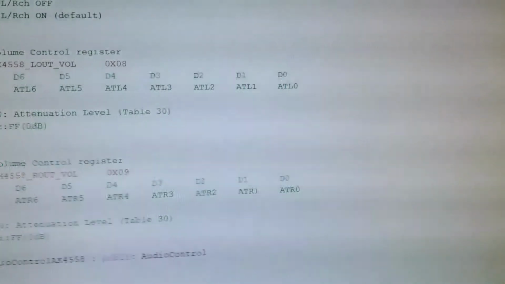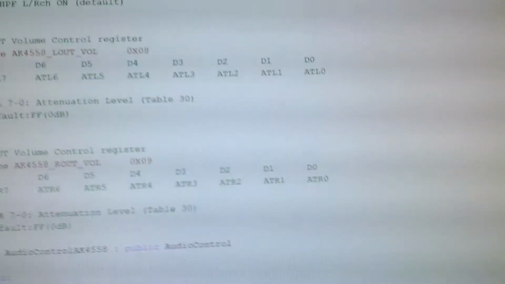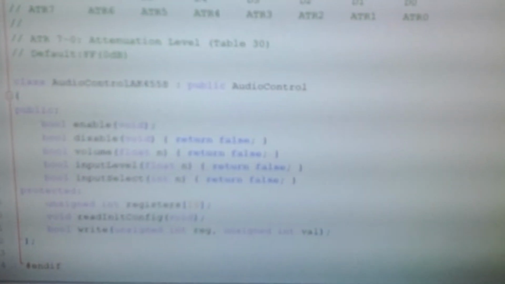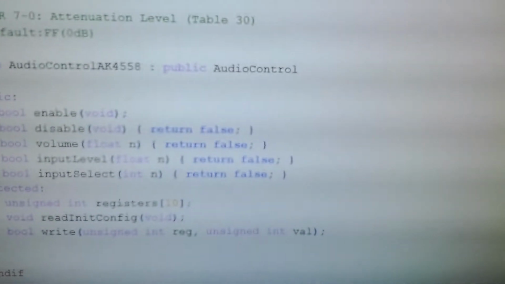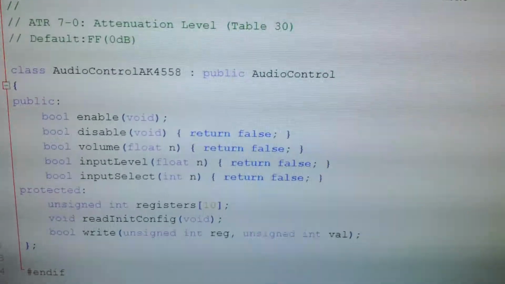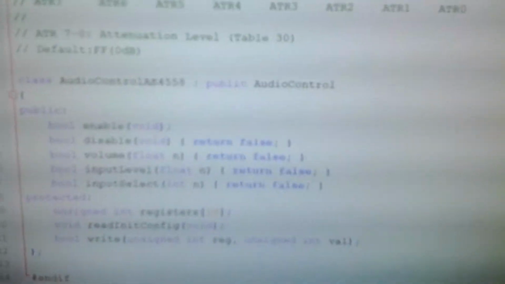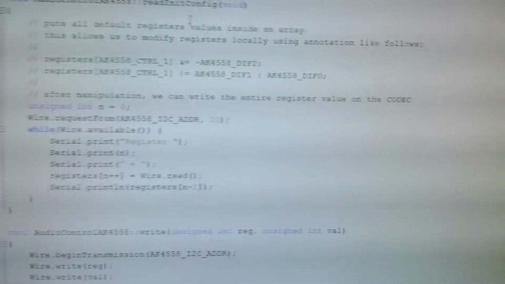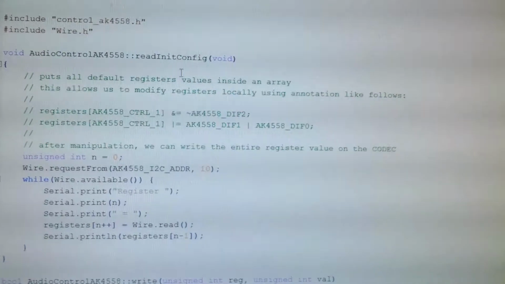Now, this is the control definition, the audio control class definition. It inherits from the audio control interface, the virtual class that Paul Stoffregen made for the audio library for the Teensy. By the way, this code here is part of a fork I made on GitHub, and these are the only 2 or 3 methods that I made to